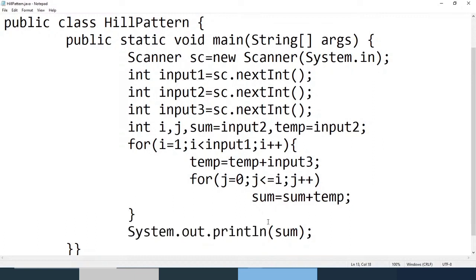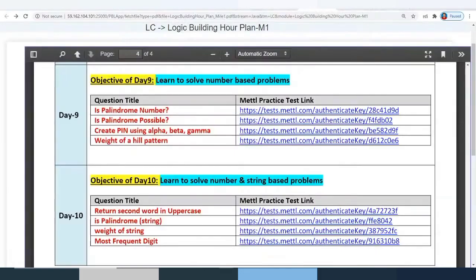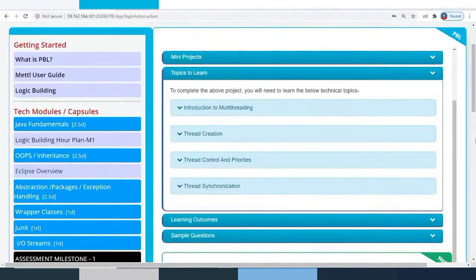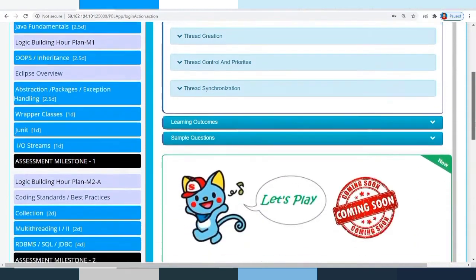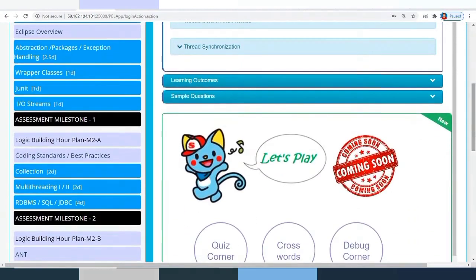So it's already 12 o'clock. Let's stop it here. I need to start with RDBMS, SQL, and JDBC, and I would like to start that after your assessment. So for that reason,